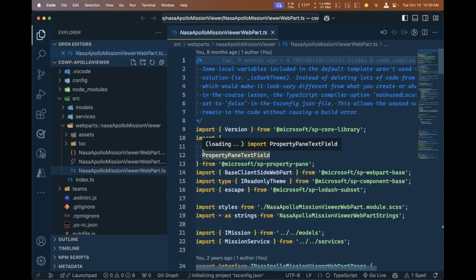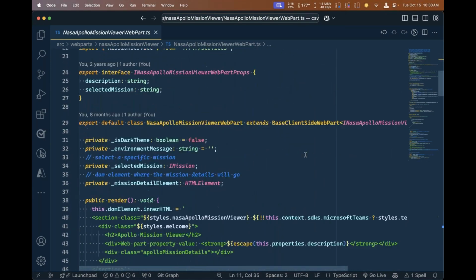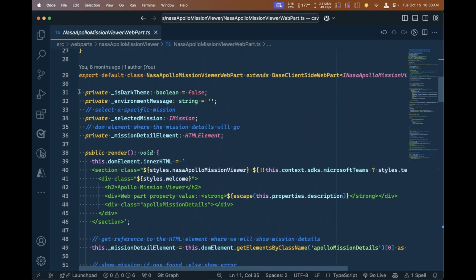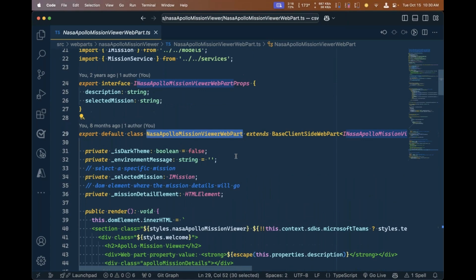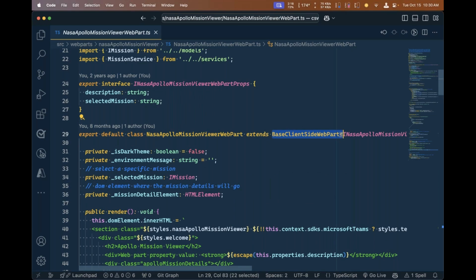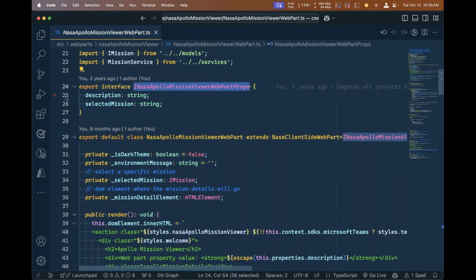Let me go ahead and hide the navigation on the left. If I scroll down here, let's look at what we're really interested in. How hard is this? Well, you're going to define a class. So there's our class, the NASA Apollo Mission Viewer web part, and it's extending an abstract class called BaseClientSideWebPart. I've also defined a public signature for this that's listed right here on this interface on the very end. Now, what this is doing is saying these are the public properties that you can set